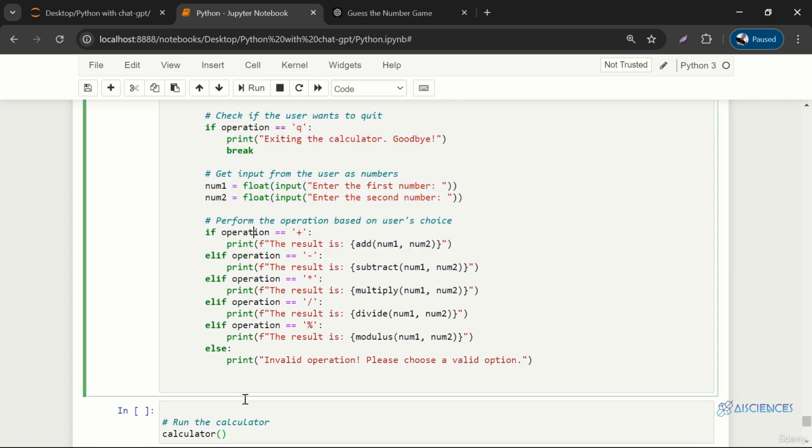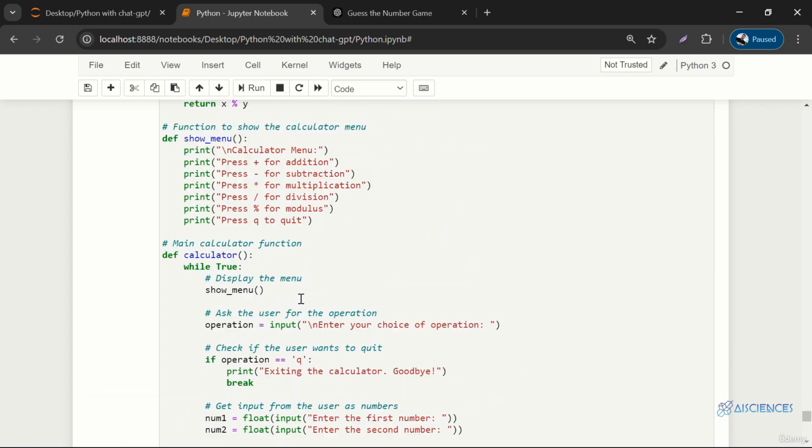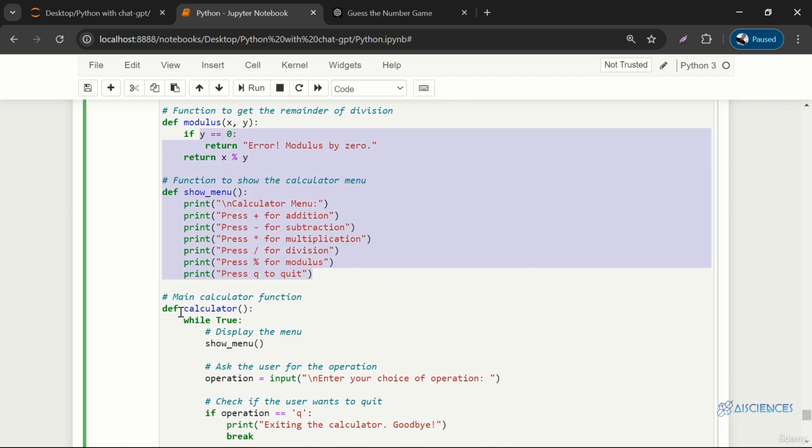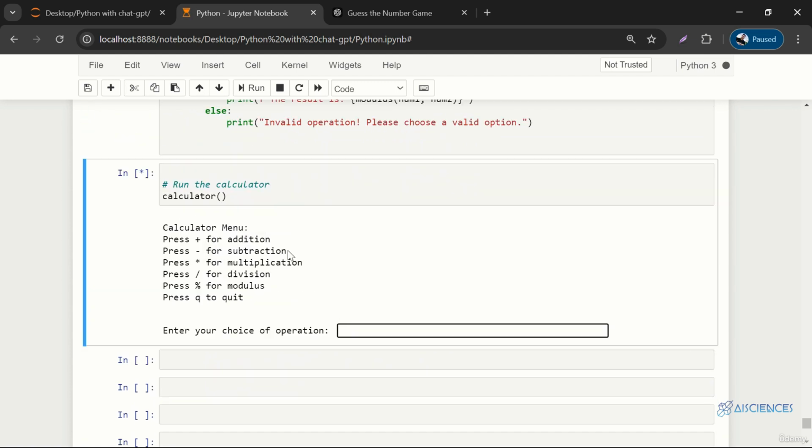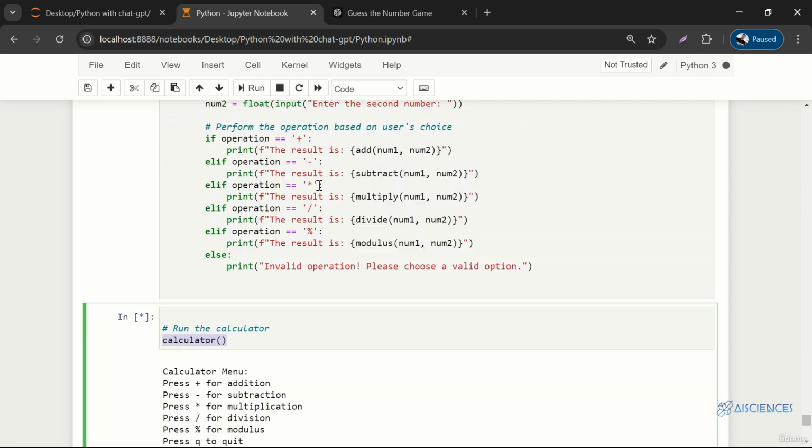Why? Because the main function is the calculator function. All other functions are called inside the calculator function. And I'm not calling the calculator function right now. So nothing will happen. So the moment I call the calculator function, you see, when it is executed, the execution